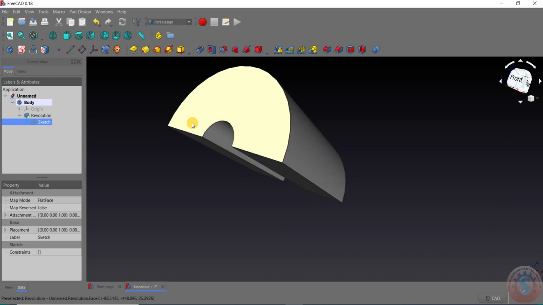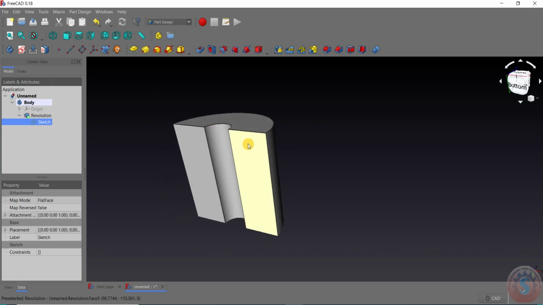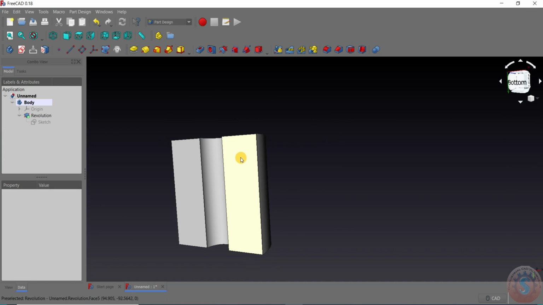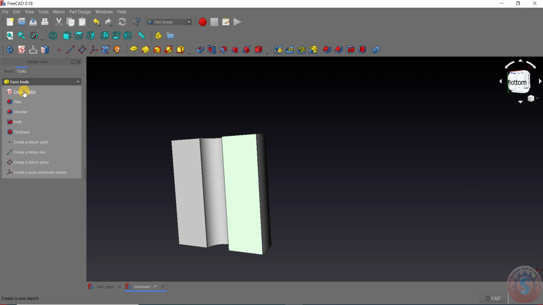Then after I want to explain, you can observe this is a loft, a selected profile through other profile sections. I want to go with this tool, how it will work in FreeCAD. For example, I am selecting the plane. In this plane you want to create one, select this face on the revolution face and simply go into the tasks. You can observe the create a sketch. Different types of features are there.